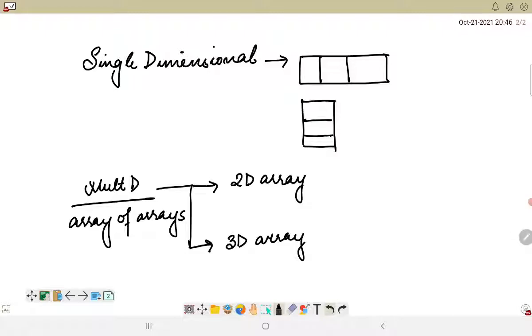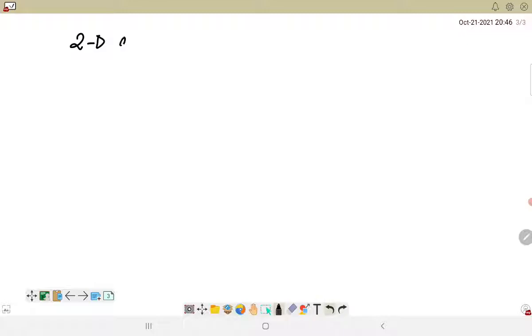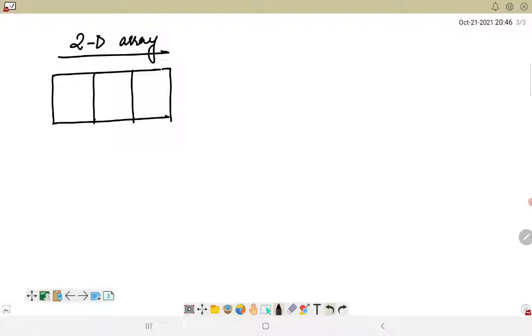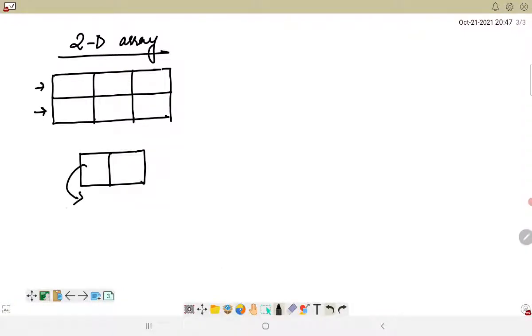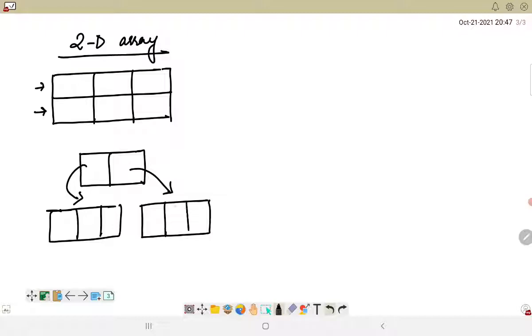If you are considering, let's say, a 2D array, it can be represented in two ways, either in the form of a 2D array as a whole, which has both the rows and columns, and secondly it can also be represented as an array of arrays, where these two arrays are basically represented in another array which has two different columns, and the first column is responsible for representing the first row, that is this one, and the second column is responsible for representing the second row.